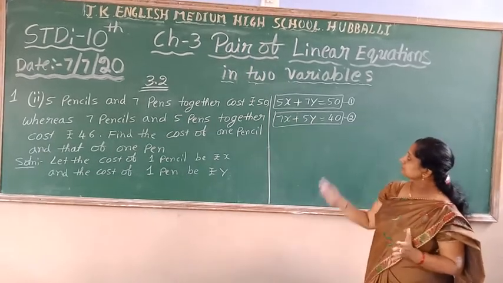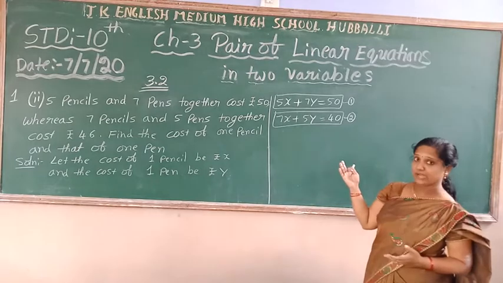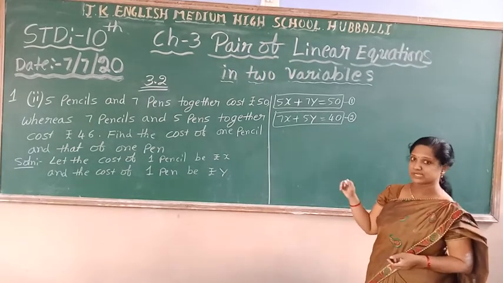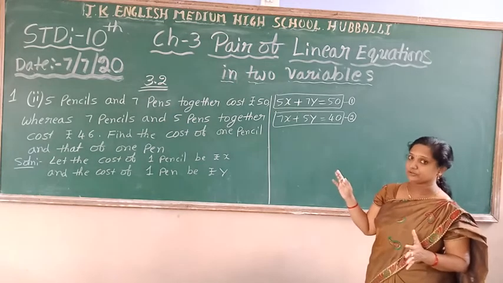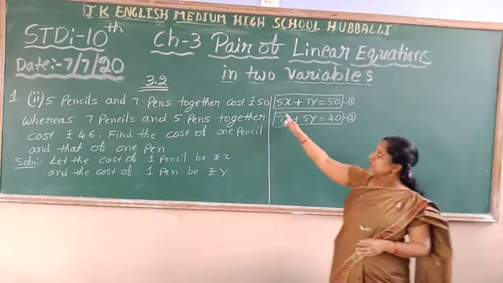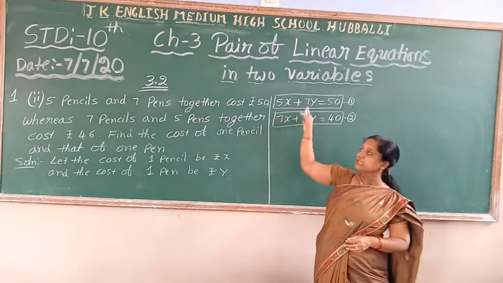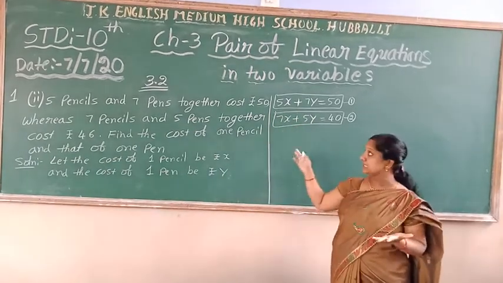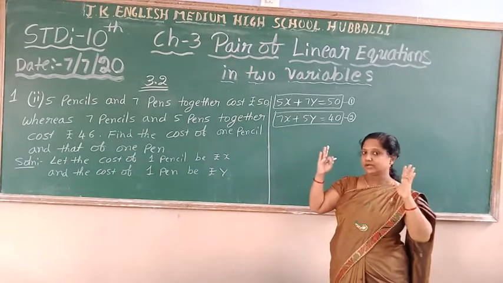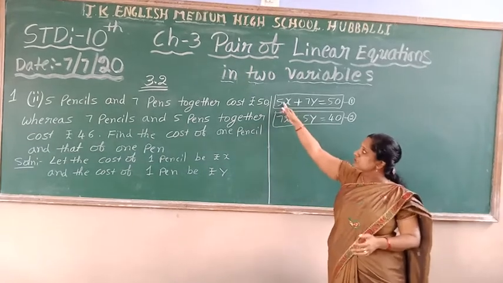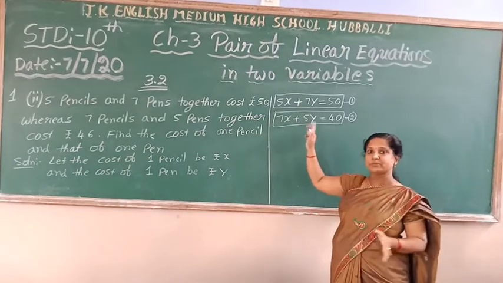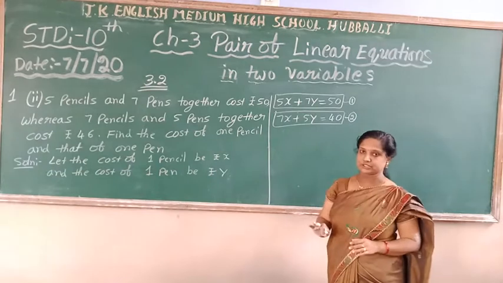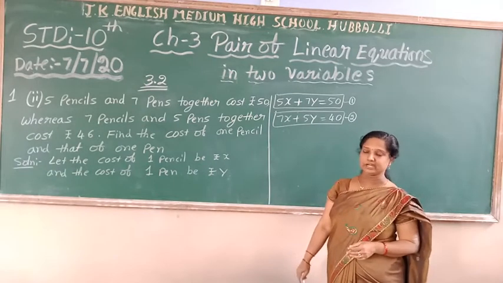Now I cannot come to know the solution algebraically yet. I represented it algebraically, now I have to find out the values. See now, we come to know a1 by a2 is not equal to b1 by b2. So it has a unique solution. Just mentally also, a1 by a2 is not equal to b1 by b2. So this pair of linear equations has a unique solution. Our intersecting lines we are going to get.